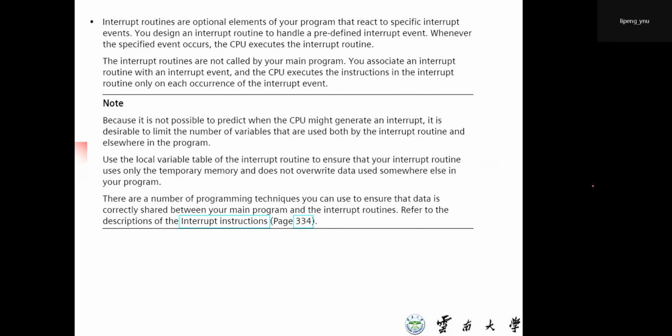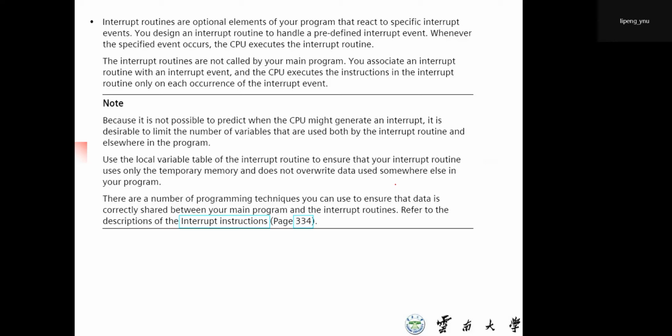Whenever the special events occur, the CPU executes the interrupt routines. The interrupt routines are not called by your main program. The CPU executes the instructions in the interrupt routine only